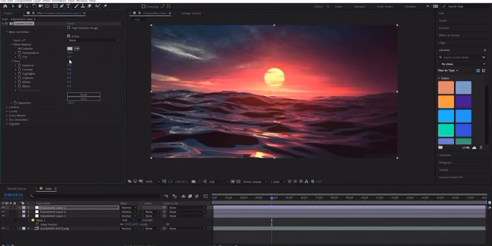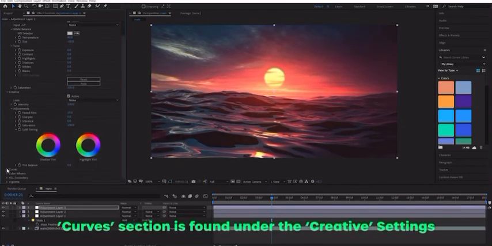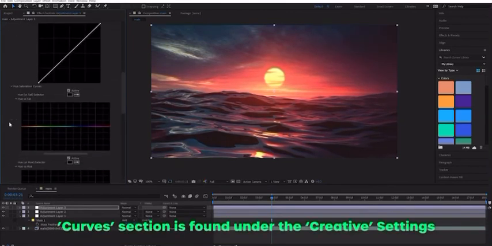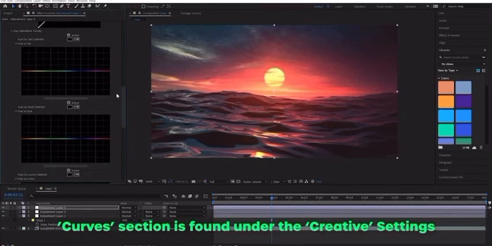Below that, we have the tint, which if we go to the right, it's going to make it more purple. And then if you go to the left, it's going to be a bit more green. So I'm going to set this to about -10 or thereabouts. So just a quick before and after. That's the difference. One more section we can play with is the curves section, which if you scroll down is